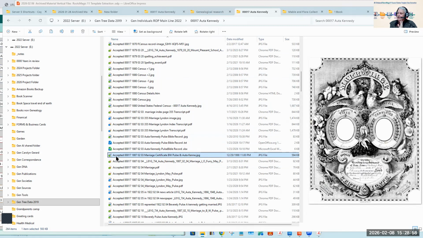Now, you'll see the word accepted here. The archive won't have the word accepted in their digital version. But to find the physical copy of that, you want to look for the large document folder. There's about 10 items in that, and this is one of those in that.